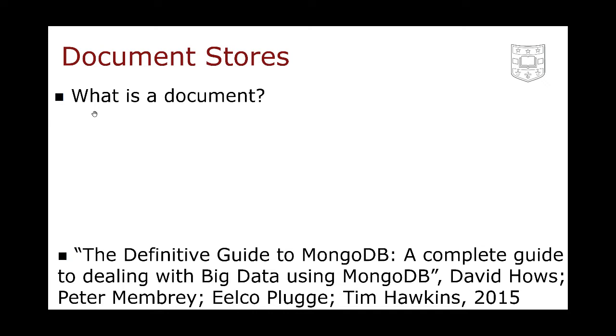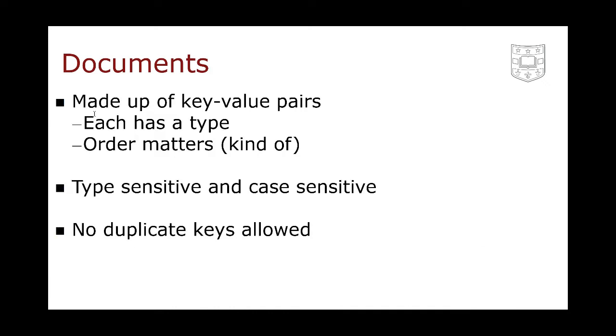All right, so what is a document? A document is made up of key value pairs. Every key value pair is going to have a type associated with it. The order of the documents matters kind of, right? It matters kind of. If I'm checking for a key within a document, the order that it appears does not really matter. If I'm checking to see if two documents are equivalent to each other, the order kind of matters